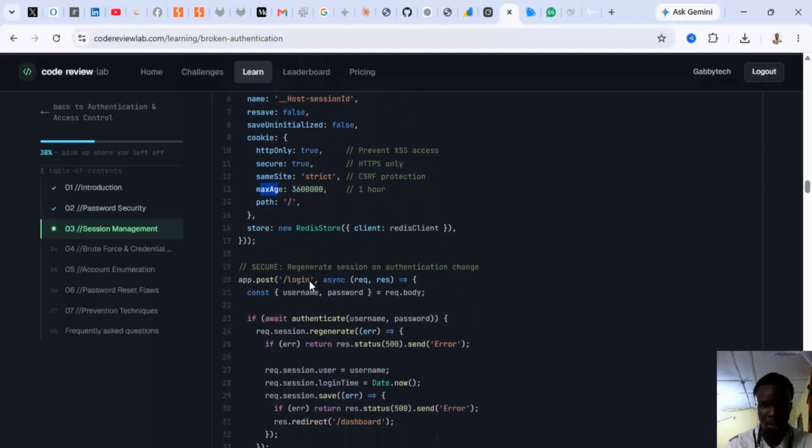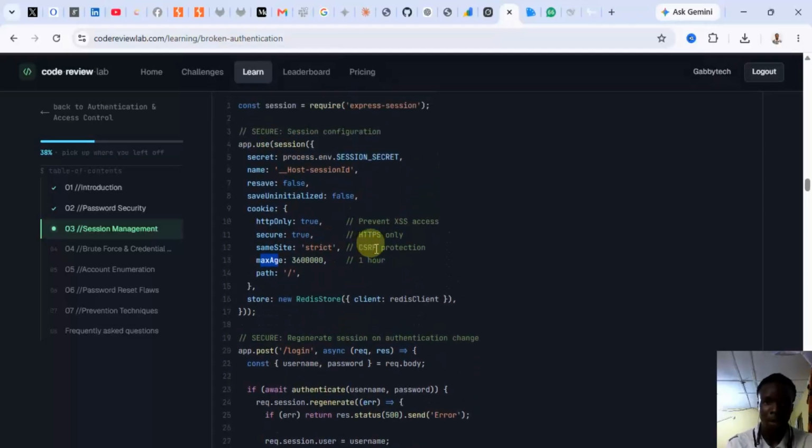HTTPS only, prevent HTTP access. So this secure-only setting makes this application work only over HTTPS, that is Hypertext Transfer Protocol Secure, not just Hypertext Transfer Protocol. It means the TLS is actually there, so everything being transferred is encrypted during transmission. This is what you should understand. And